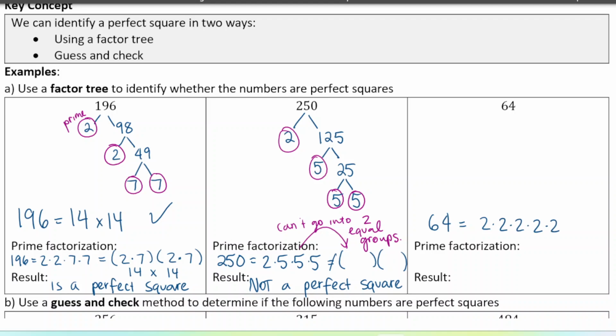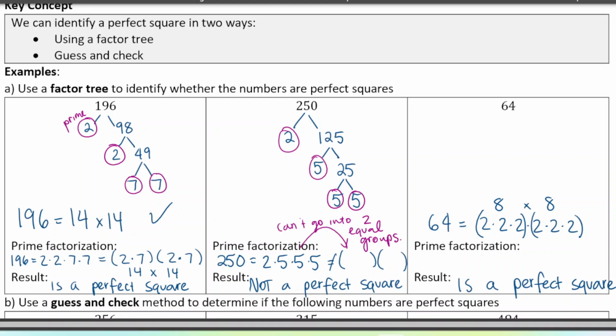64 is made of 6 2's, and these can be formed into 2 equal groups. 8 times 8, 2 times 2 times 2 is 8. So 64 can be written as 8 times 8, and so the result is it is a perfect square. So if you had 64 objects, you could arrange them into a square shape, and the side lengths would be